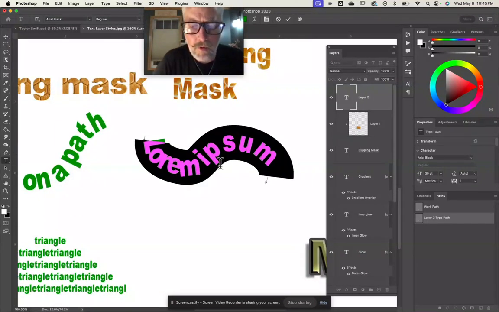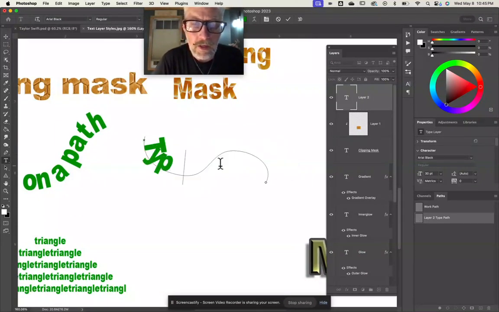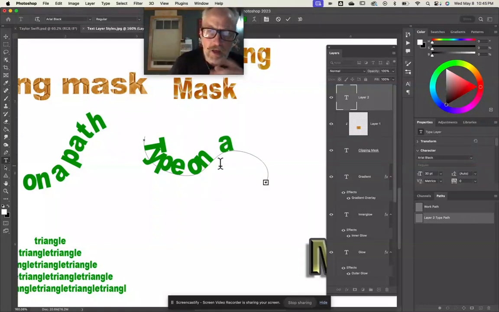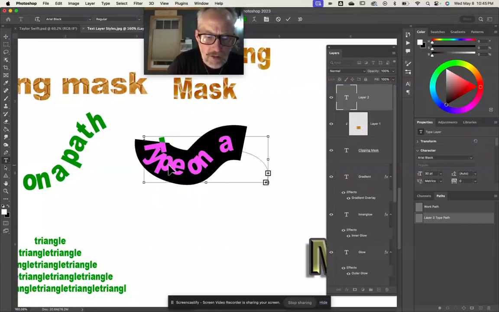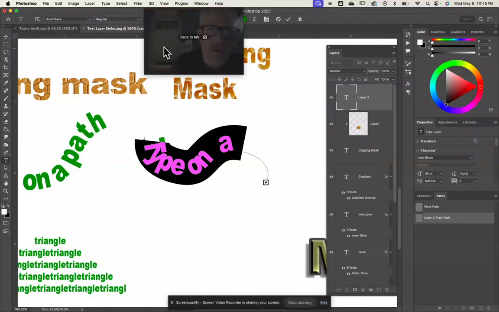Okay, now I'm going to type on a path. Okay, now you saw I wasn't able to get everything on there, and that is because my type is very large. So if I want to fit that whole sentence on there, it has to be small enough to fit on this path. So I can click there and say Command A, and then I can go ahead and I can